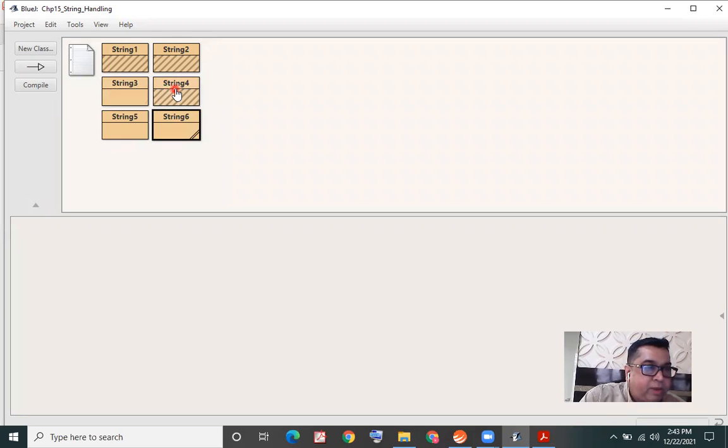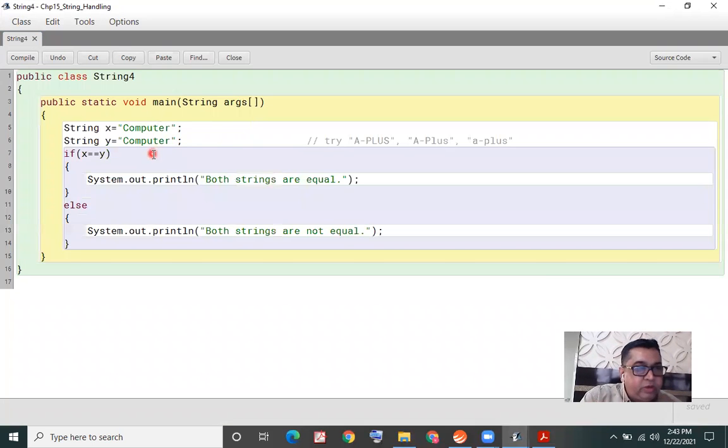So I'm going back to my example number 4. You see, we got a bit misled because we were trying to use double equal to operator. So this example where I've assigned computer to X and computer to Y. Earlier I had assigned A plus with A and P capital.